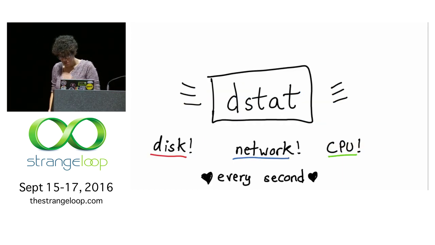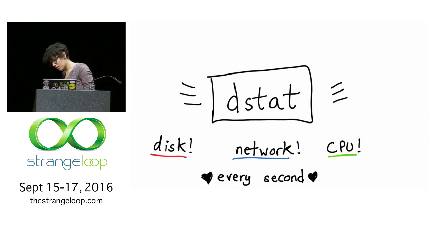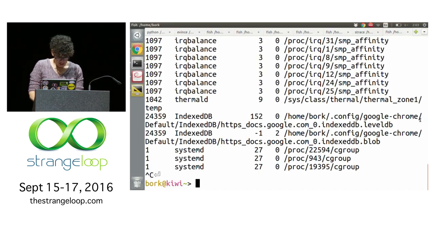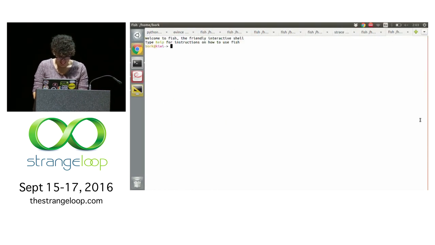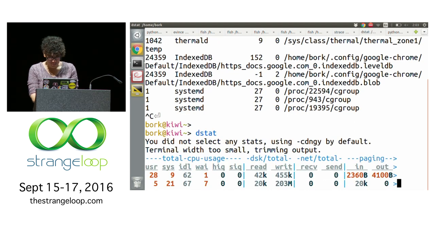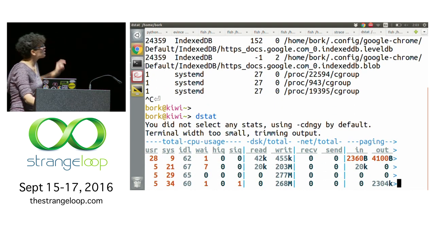Why? We're going to start out by running dstat, which is one of my favorite things to run. And what dstat does is it prints out how much disk and network and CPU you're using every second. I have this demo slide because I'm supposed to do a demo now. Oh, no. OK. So I'm going to start this, and then I'm going to run dstat really fast. And then hopefully it'll have worked. Yeah, totally. OK, cool. So this is printing out.